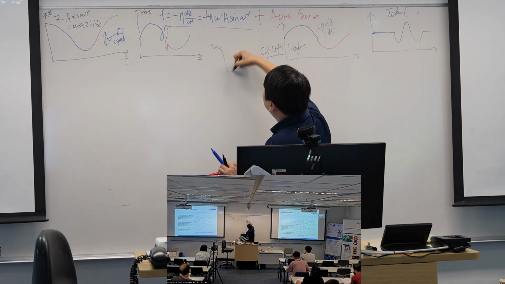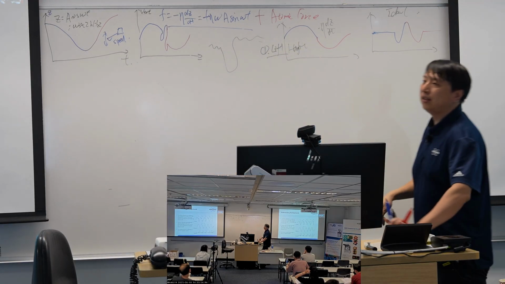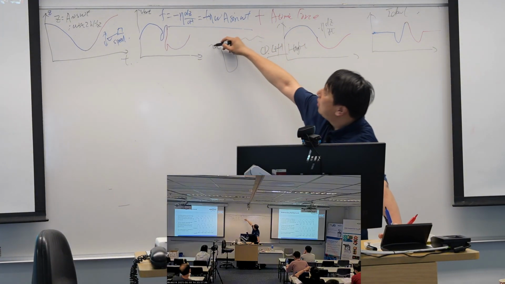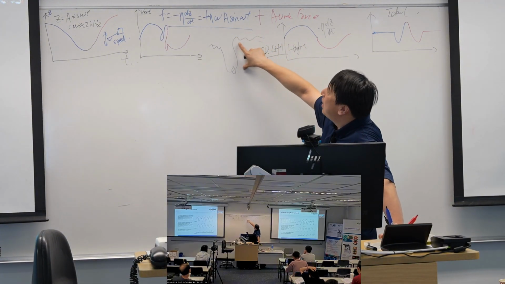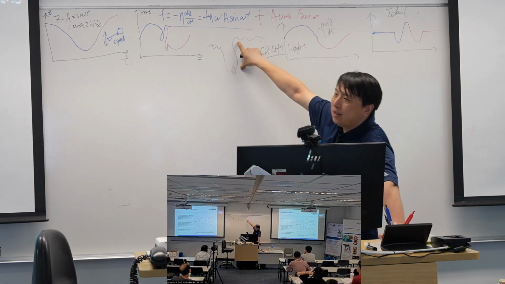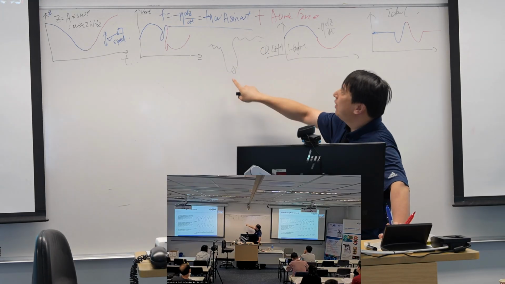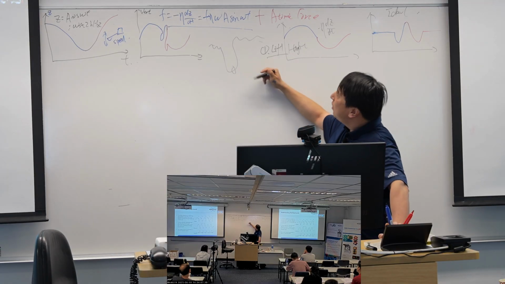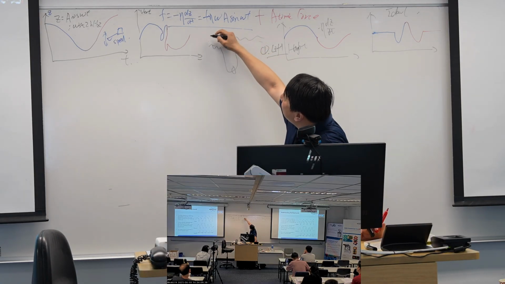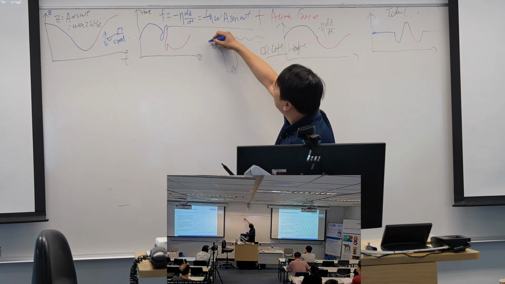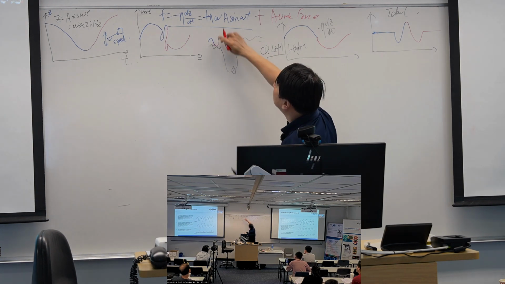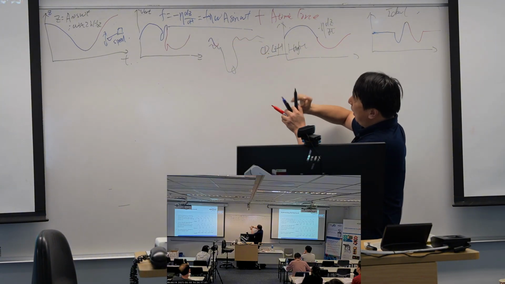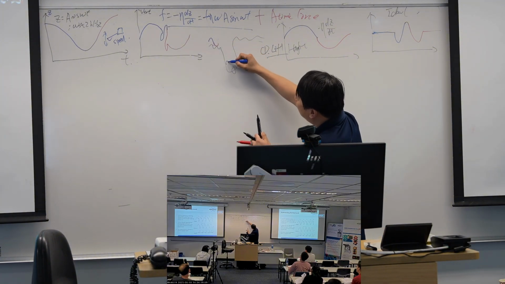If we have some sample like this, there will be quite a deep valley on my sample, and then the background here and the background here,